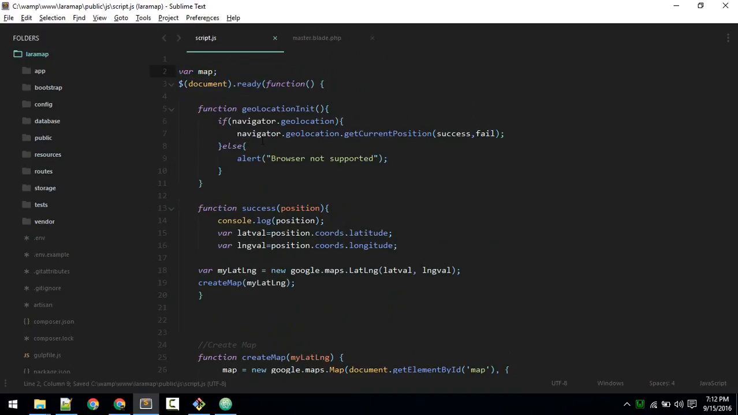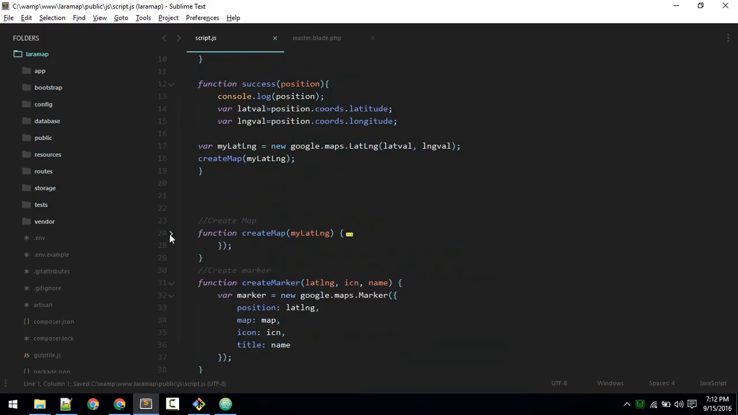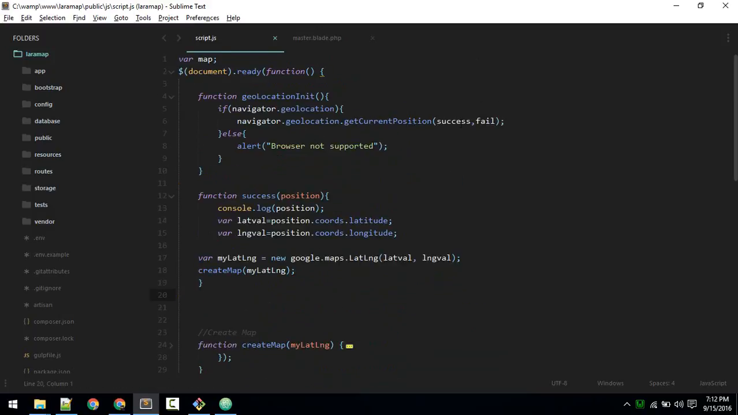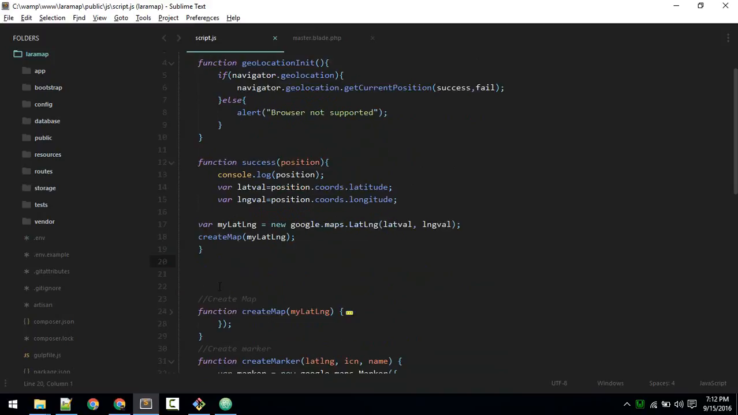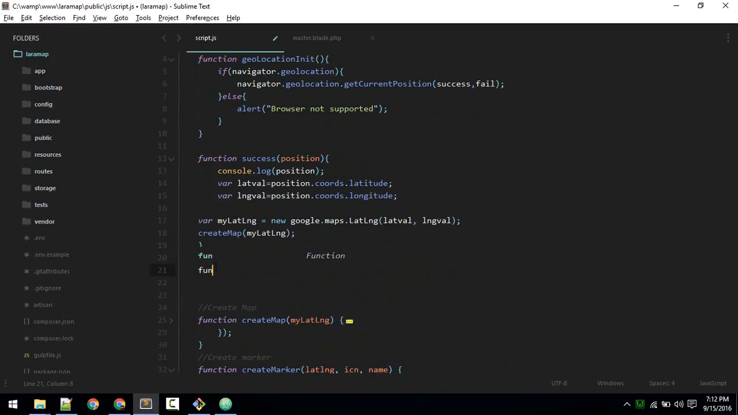So I will just define it here, var map. Now that is working, so now everything should work. If it is successful, we are creating our map. If that is not successful, we have to create this fail function also. In case that is not successful, function fail